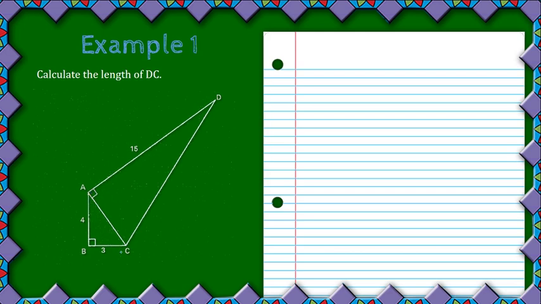We do not know what AC is. So that's a problem. But we see that AC is in this triangle, which we do know the other 2 sides of, and it is also a right angle triangle. So therefore we can start with a smaller triangle. Since this is the hypotenuse, we can say that AC squared is equal to AB squared plus BC squared. And then we have to state that we used Pythagoras,